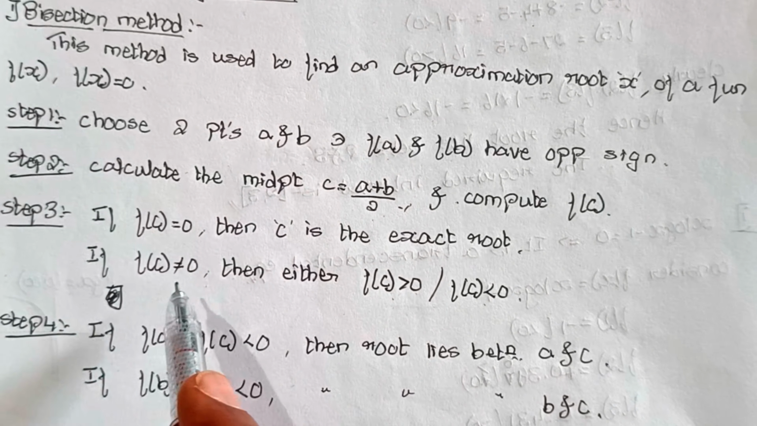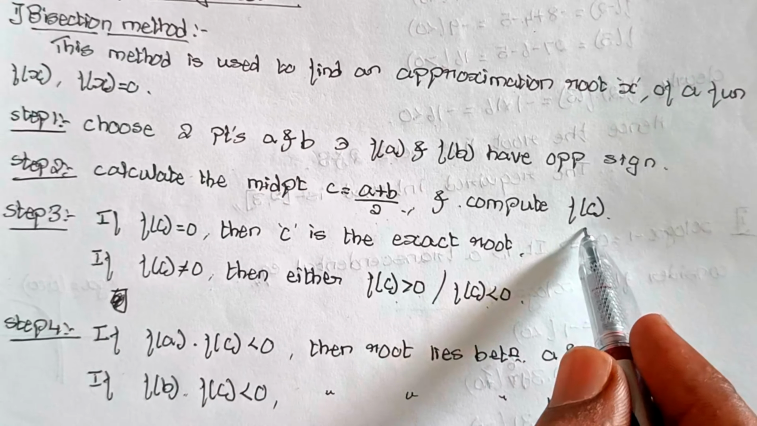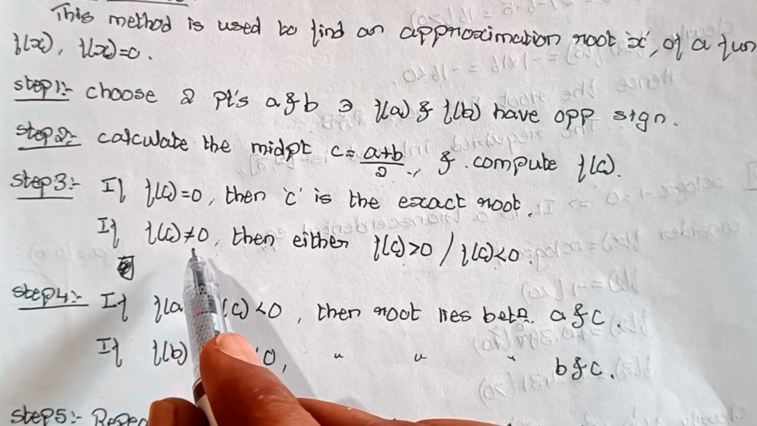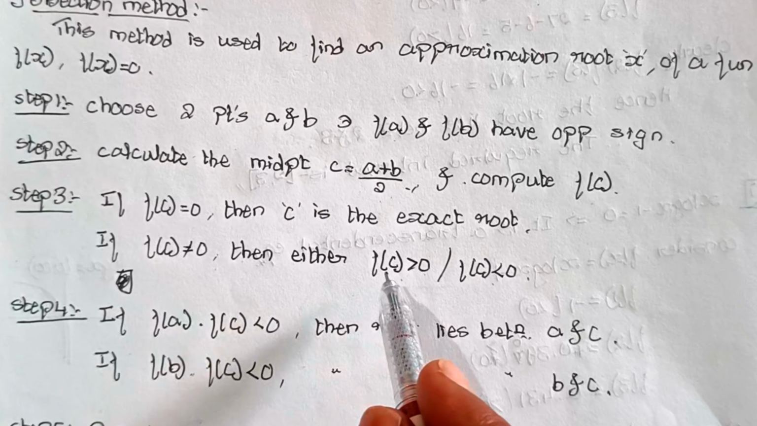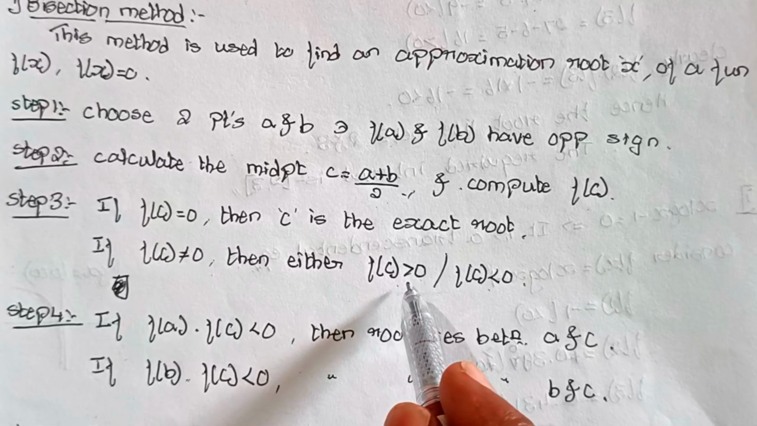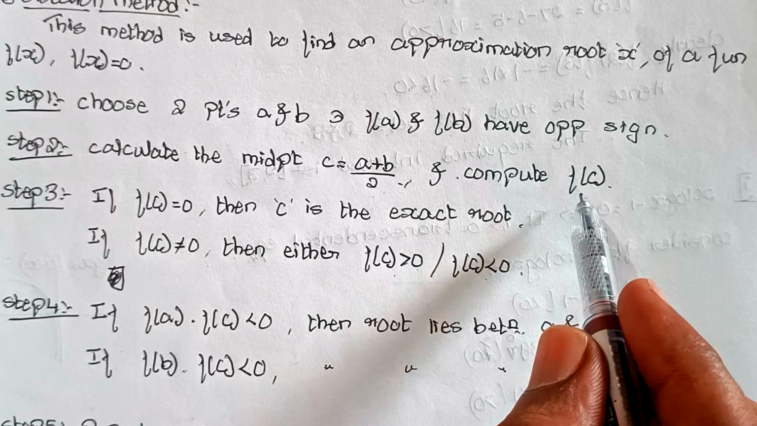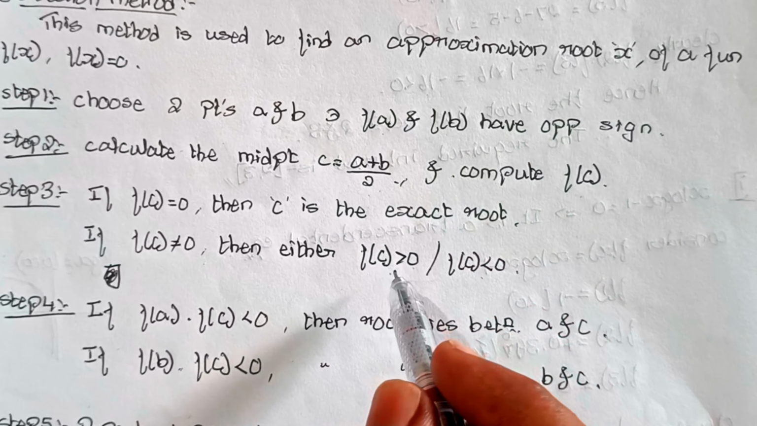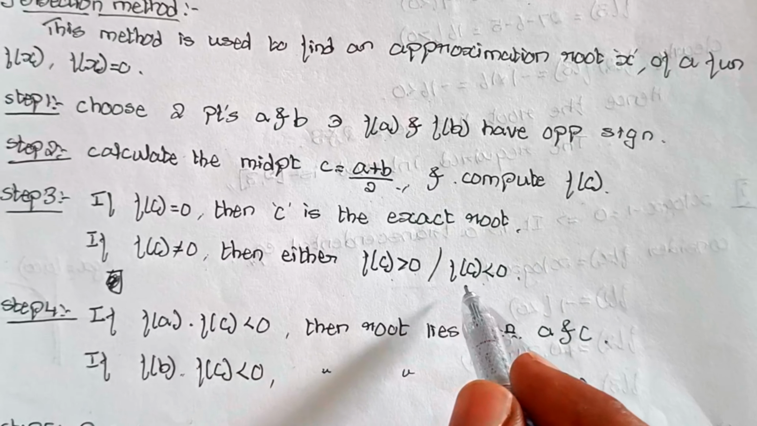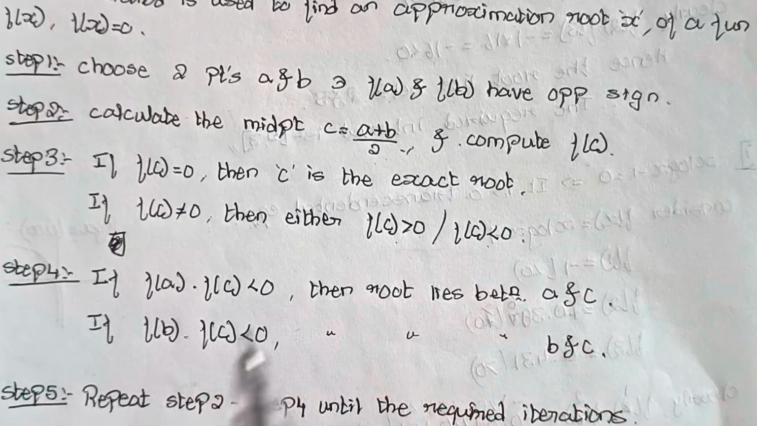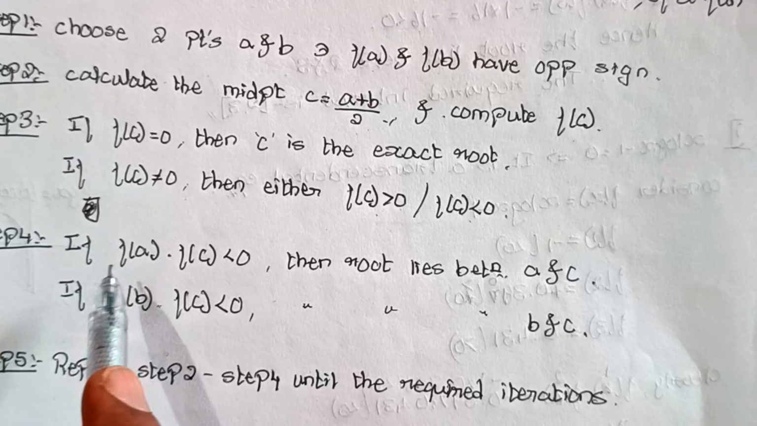If f of c is not equal to 0, then either f of c must be greater than 0 or f of c must be less than 0. And next, coming to the fourth step, if f of a